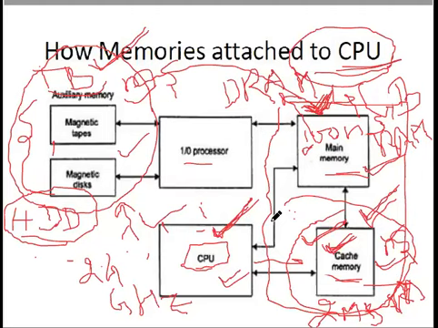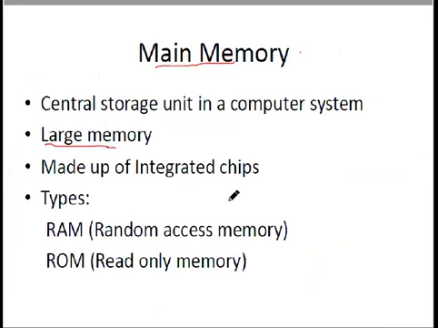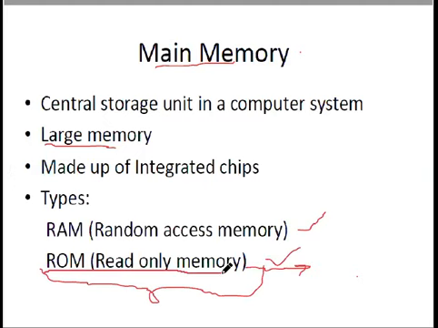We will further classify this random access memory basically into two categories. So large memory is made up of integrated chips. There are two kinds of memories: one is RAM and another one is ROM. RAM is random access memory in which we can read and write; both the operations can be performed. But there is also a memory which holds the system programs, which are unavailable to the users to write. This can only be read. So this is a read-only memory.